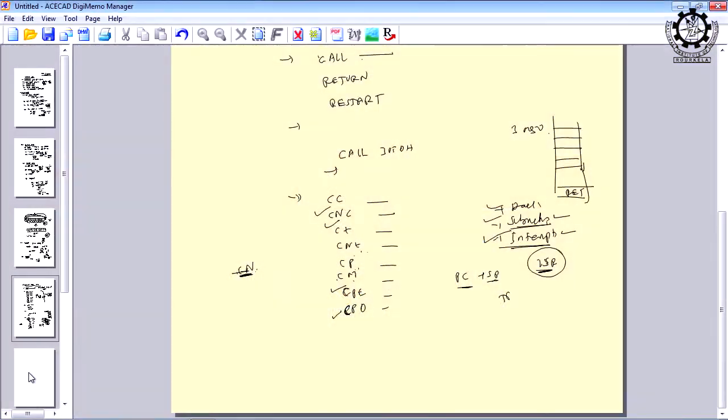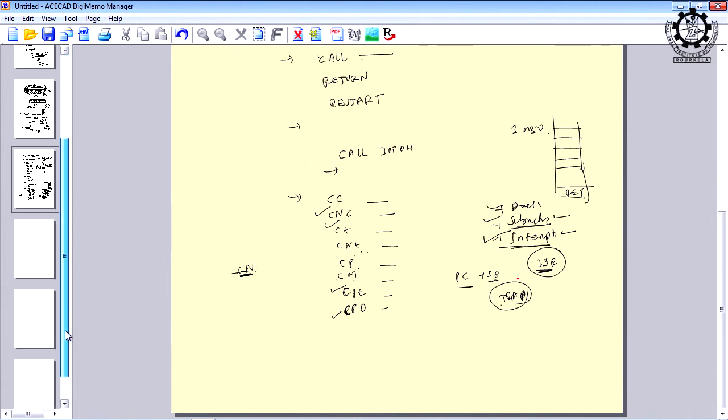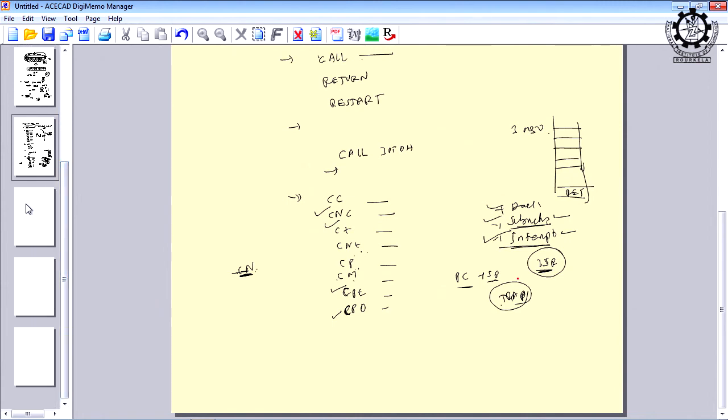I think in the previous class I told you there is an interrupt called TRAP, which is given the highest priority. That is a system defined interrupt, and its interrupt service routine is stored in a specific location, and that address is clearly mentioned in the manual, that we cannot change. Unless you store that interrupt service routine in that location, TRAP will not function.